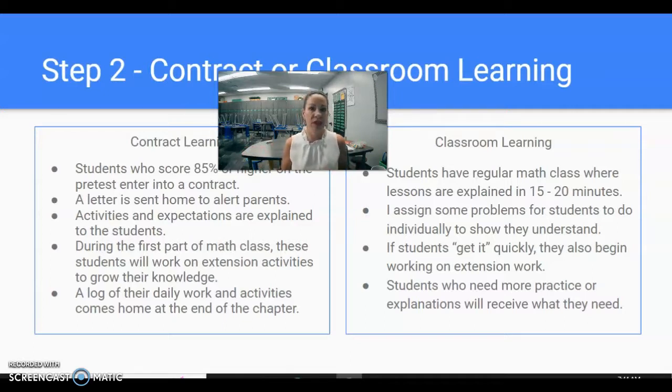Students who are still needing some extra help, those are the ones that I'm going to pull back to my table, or I'm going to have in a small group, and I'm going to give them the extra help that they need. The interesting thing about math contracts is sometimes I have a couple kids who will go on to